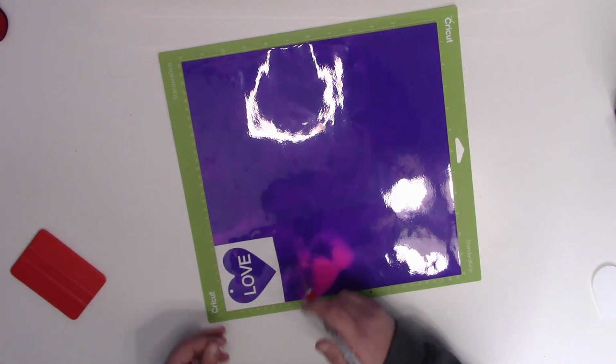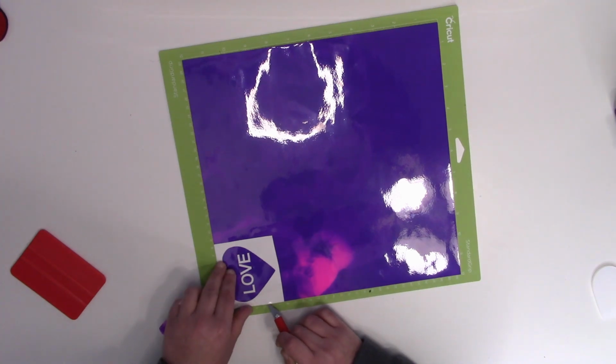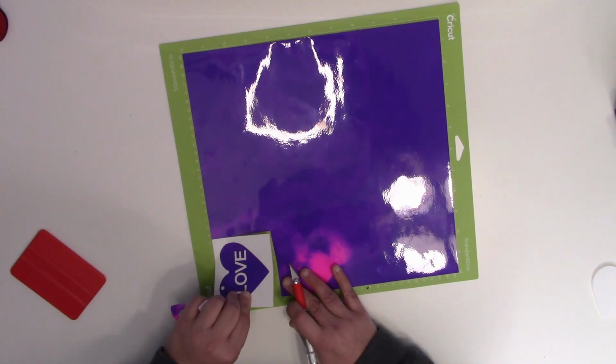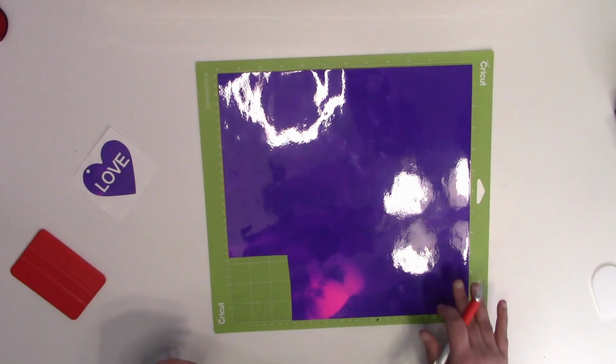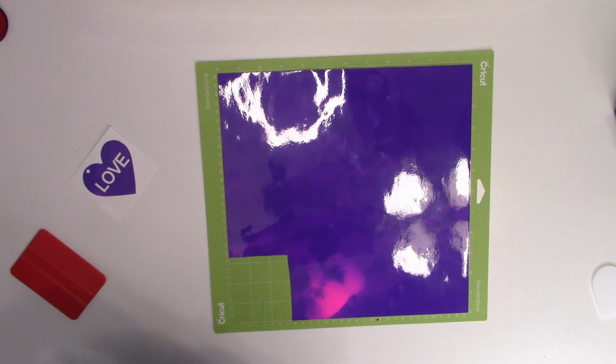So I'm going to go ahead and pop this off of the mat. And you'll see that now we have this nice easy cut out right here that we can save from the rest of our vinyl. You can do so many projects with these. It's awesome, and it's really easy to work with. So I'm going to go ahead and get the StarCraft weeded really quick,